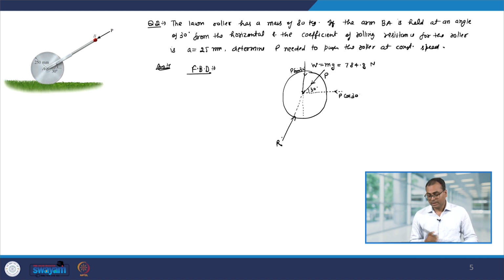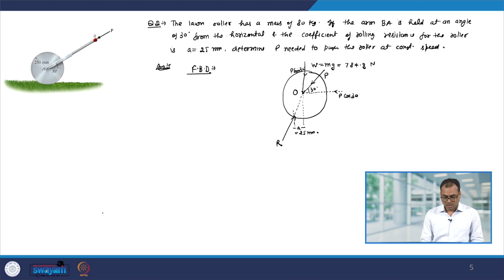Okay. So, note that this R has to pass through the center of the roller, and it is given that a is the distance between the point of application of R and the normal distance from point O. So, this is a